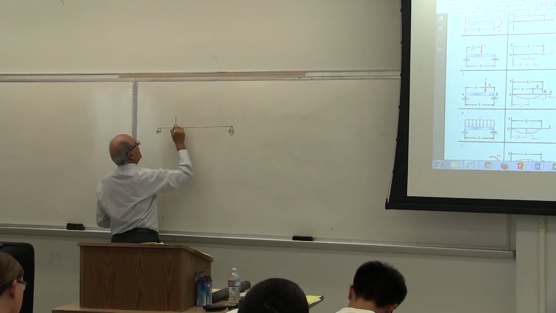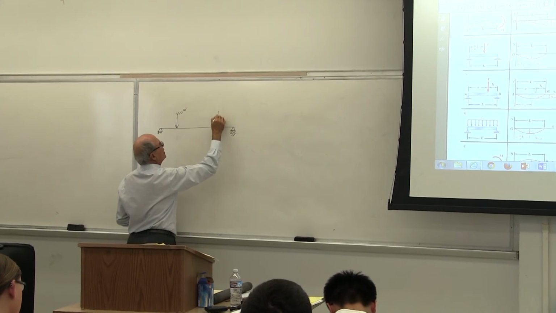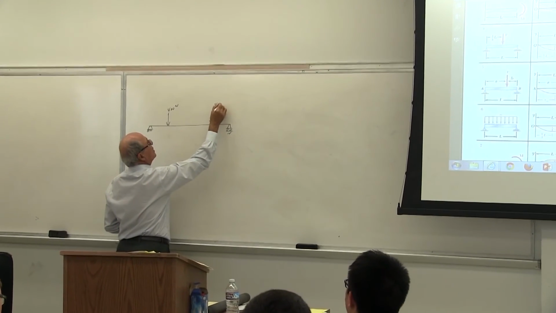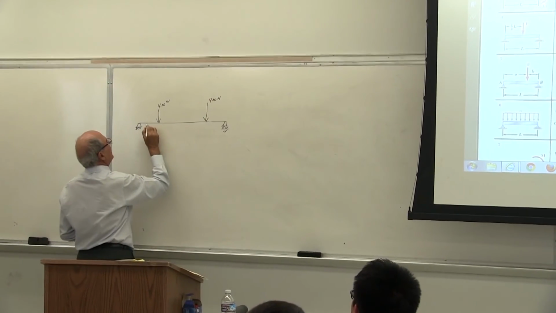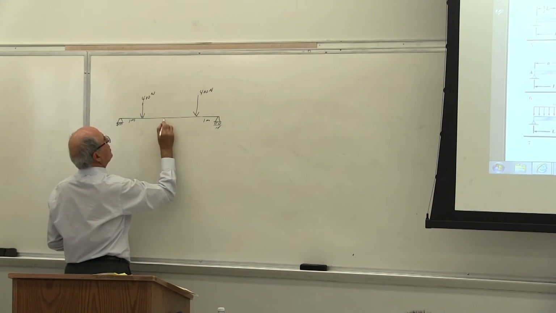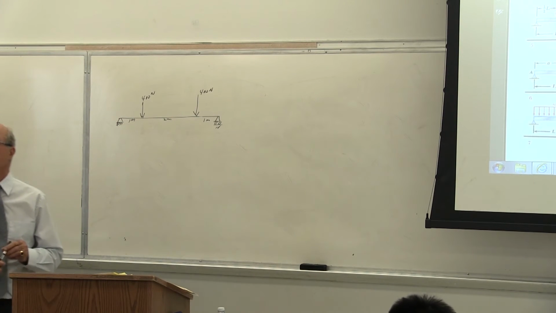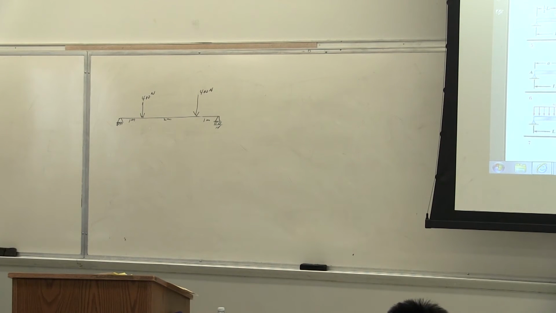If I put here a 400 Newton load, and a 400 Newton load there, and this is 1 meter, and this is 1 meter, and at the middle 2 meter, this is no problem for you to calculate the reaction, because this is a determinate problem. Actually, it's symmetrical, so each reaction becomes 400 and 400. Is that correct? So that will not be a question to ask.